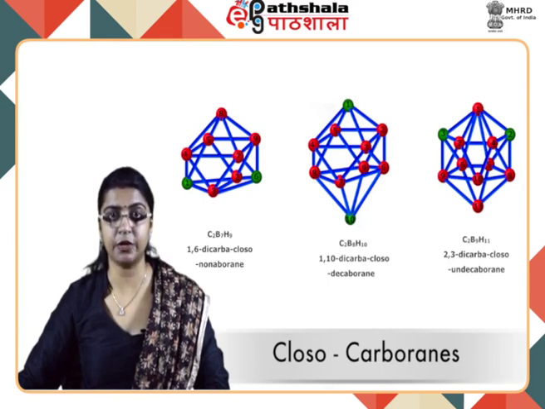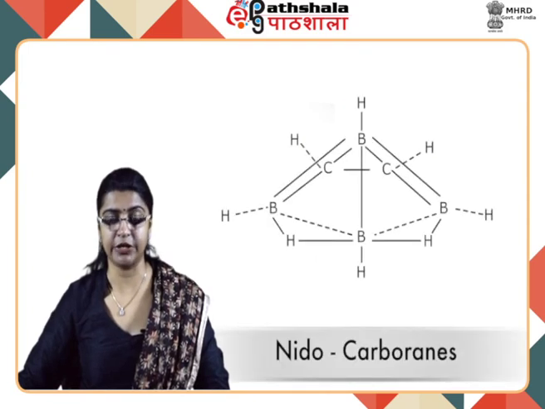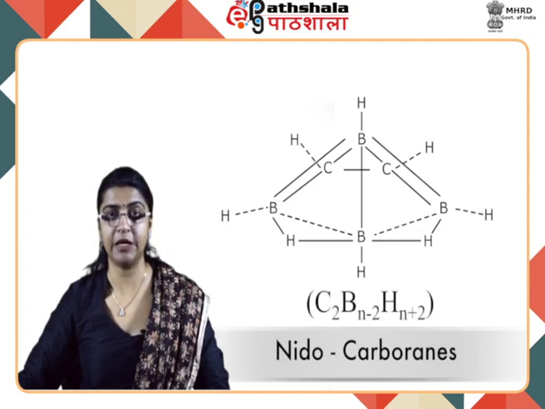Another example of closocarborane is 2,3-dicarba-closoundecaborane having the formula C2B9H11. Now moving on to the nidocarboranes. As we have already mentioned, in nidocarboranes, one of the vertices is missing as compared to a regular polyhedra. For example, the nidocarboranes are having a general formula C2Bn-2Hn+2. Let us take the example